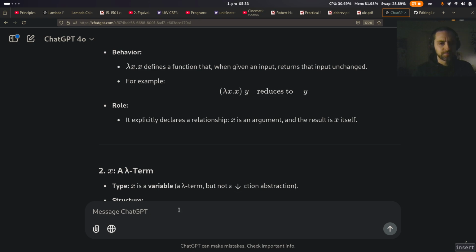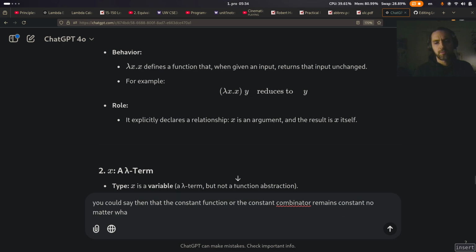So you could say then that the constant function, or the constant combinator, remains constant no matter what changes on the outside. And that may be the difference from the identity function,